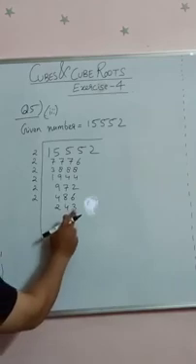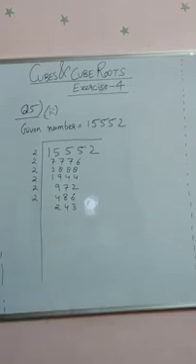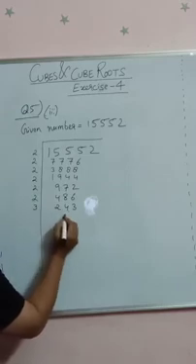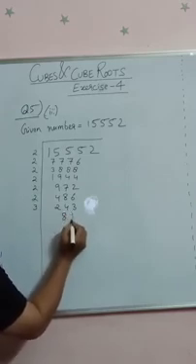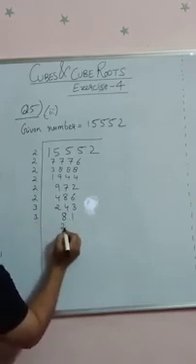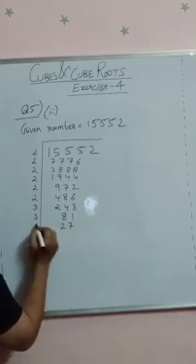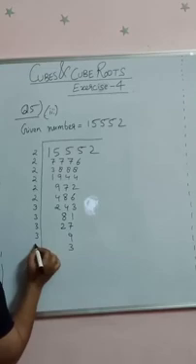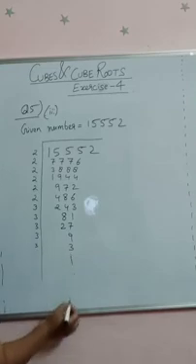Let us try it for 3. In order to check the divisibility by 3, we are going to add all the digits. 3 plus 2 is 5, 5 plus 4 is 9. 9 is present in the table of 3, so that means it will be divisible by 3. 3 8s are 24, 3 1s are 3, 3 2s are 6, 3 7s are 21, 3 9s are 27, 3 3s are 9, 3 1s are 3.